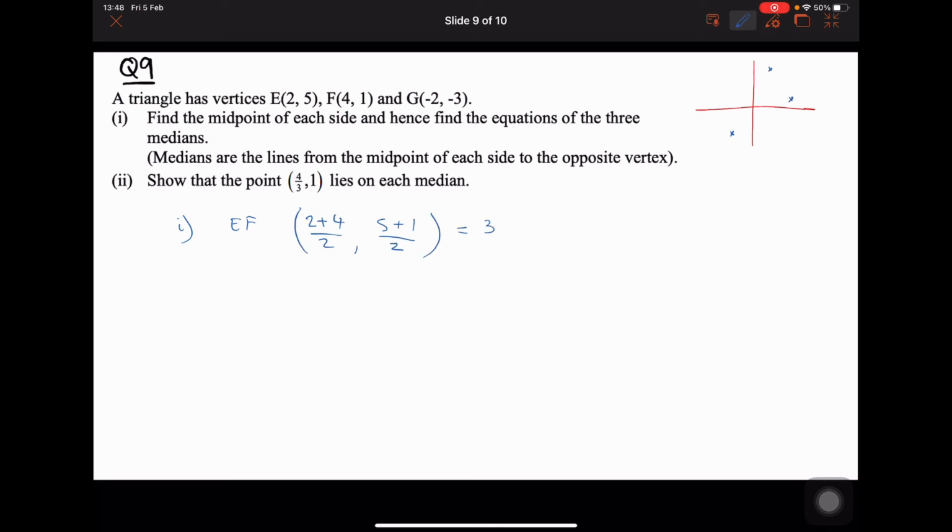That's 3, 3. Okay. Oh, sorry, I shouldn't say midpoint, because